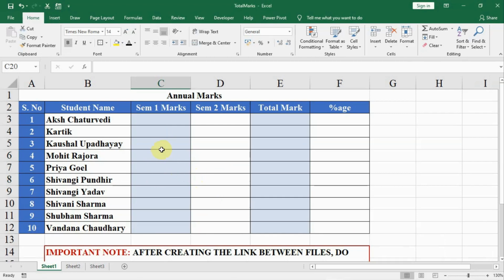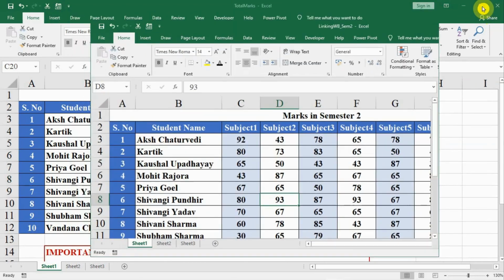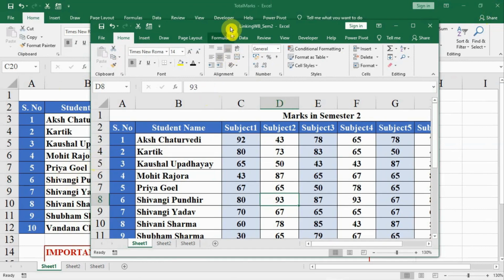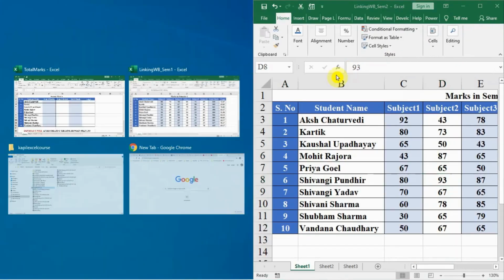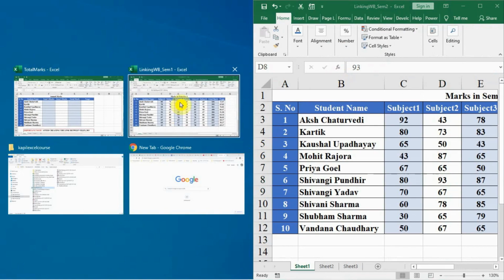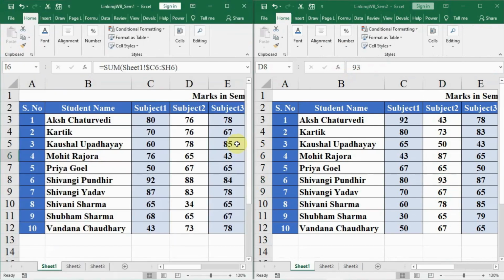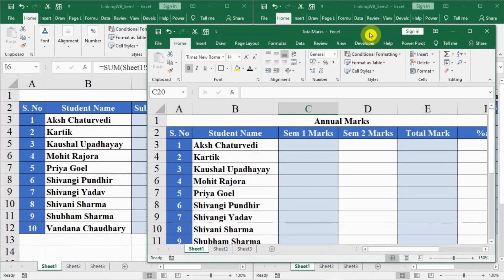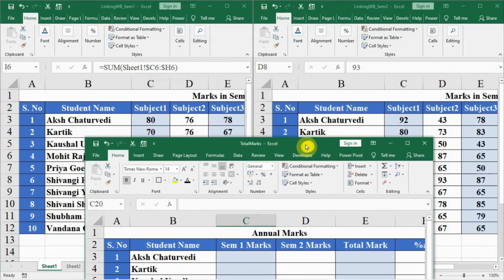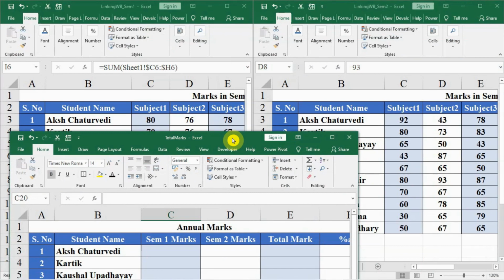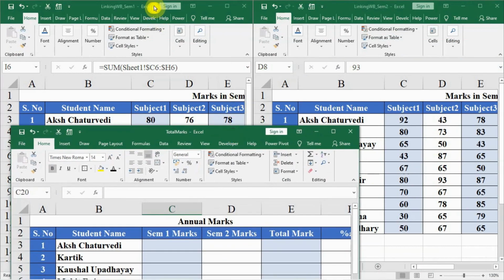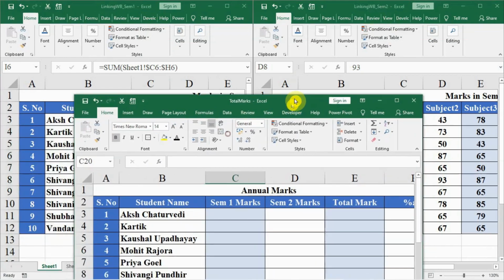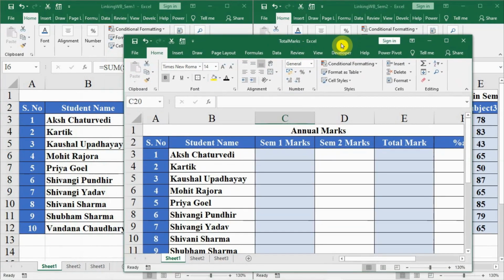For that purpose, we'll just rearrange the files for better visibility and understanding. As previously, we are going to have that division of files on the screen that we did earlier, and we'll have our target file here on the top. We'll resize it a little. Now you see, we can see in the background two files, semester 1 and semester 2. On the top you can see the names semester 1, semester 2, and this is the total marks. Now we'll fetch the marks from the files.